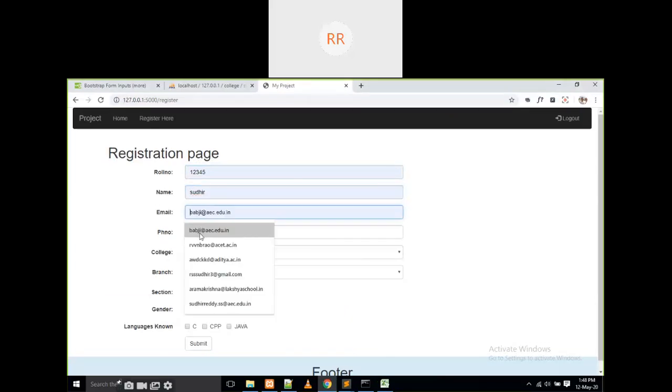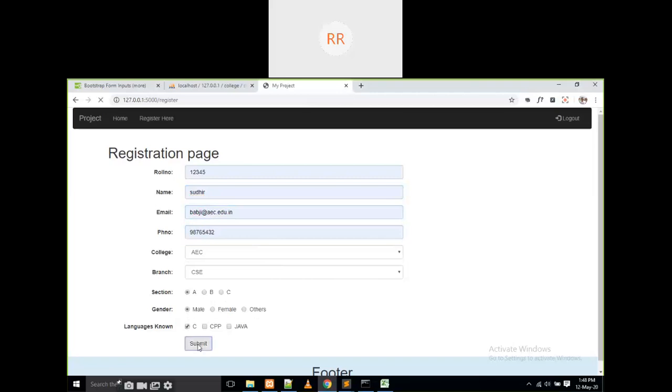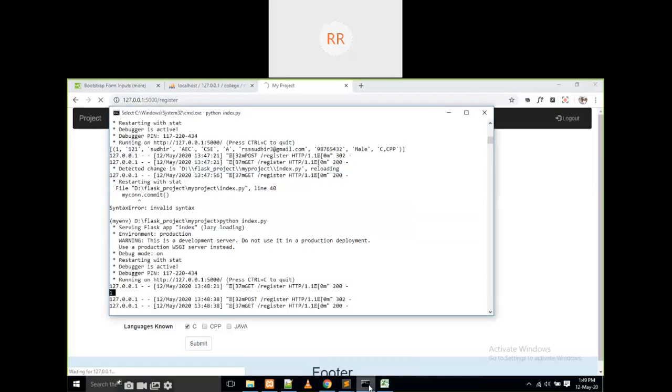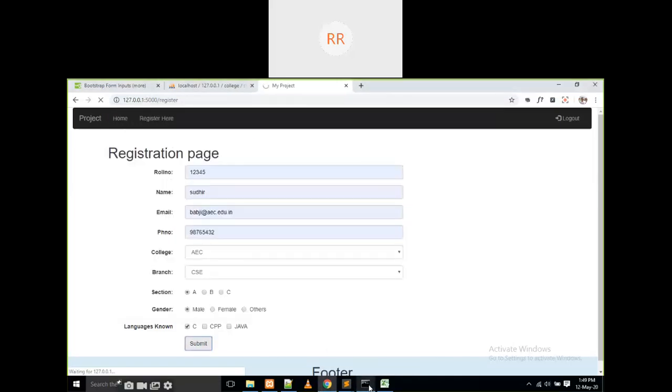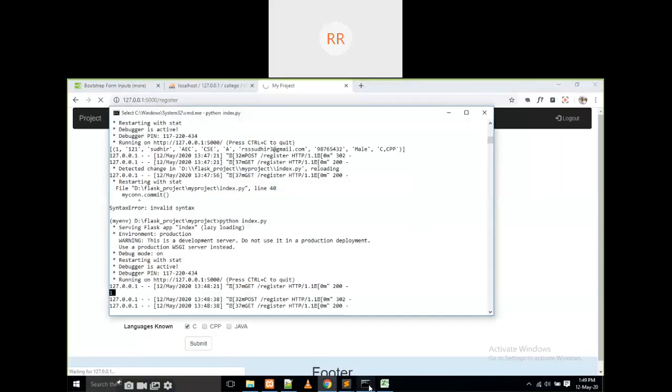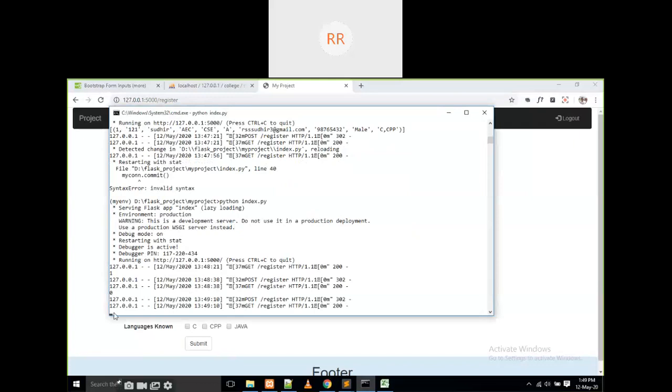I am again working on this data. Click on this one. Yes, look at here once. What is that? That is 0.